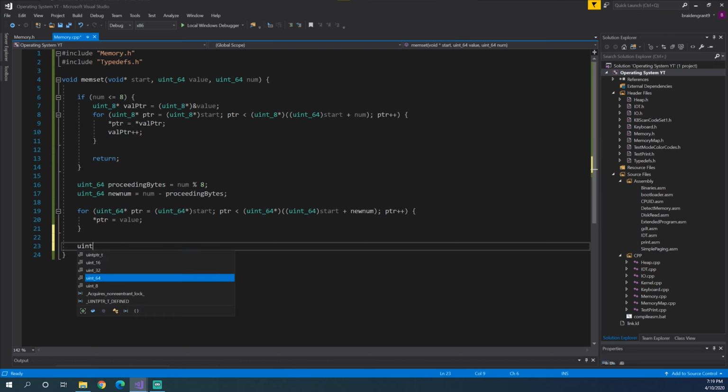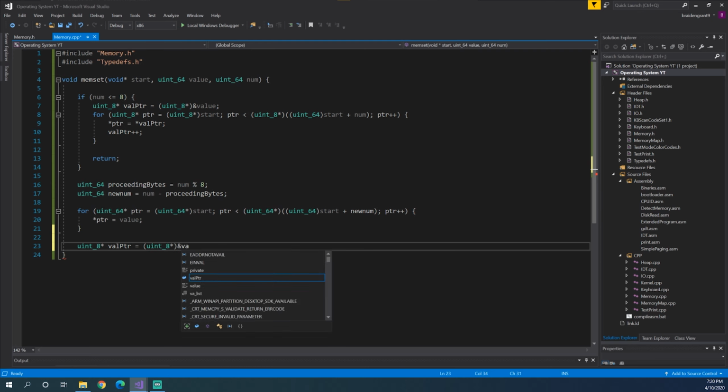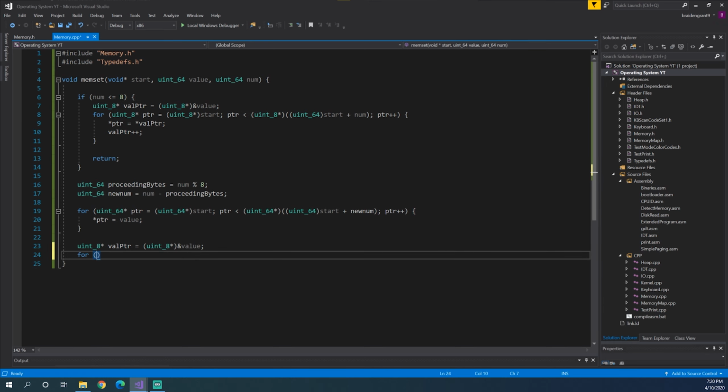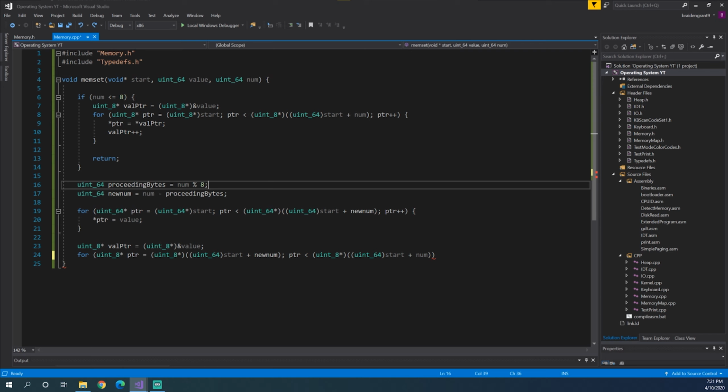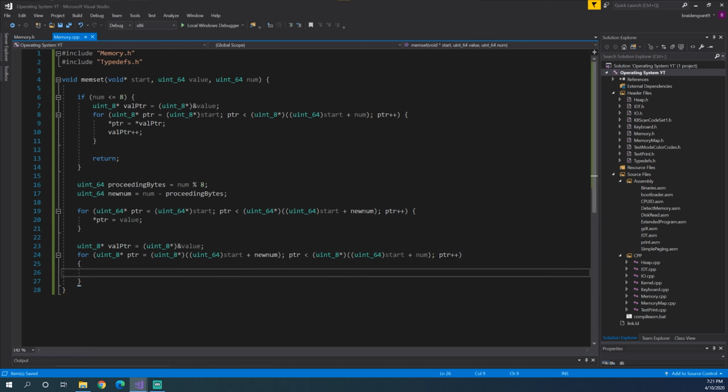We just need to do uint8 val pointer equals uint8 reference value, for uint8 pointer equals uint8, so basically this value here, what we had up the top, so uint8 of start plus num, except now it is new num instead of num, pointer less than uint8 start plus num, pointer plus plus, the value of pointer equals the value of val pointer